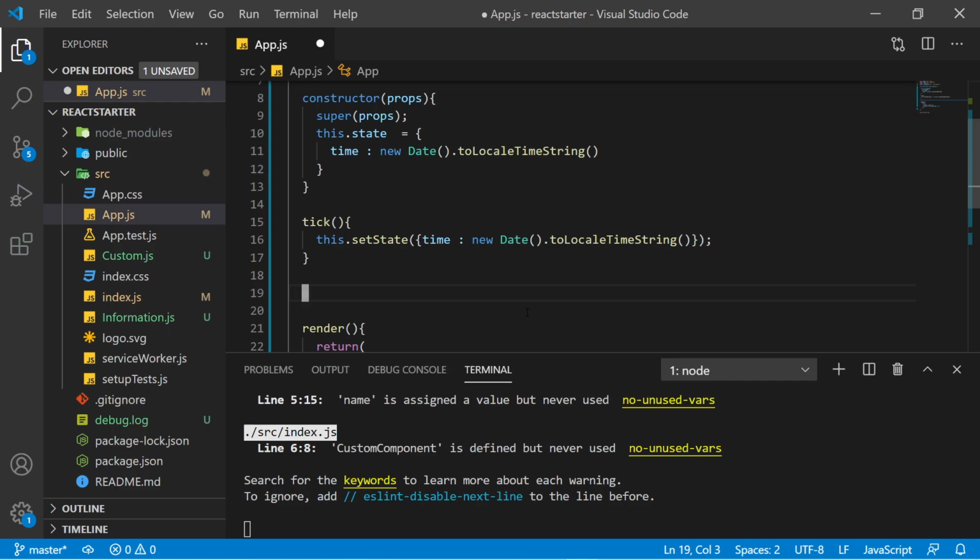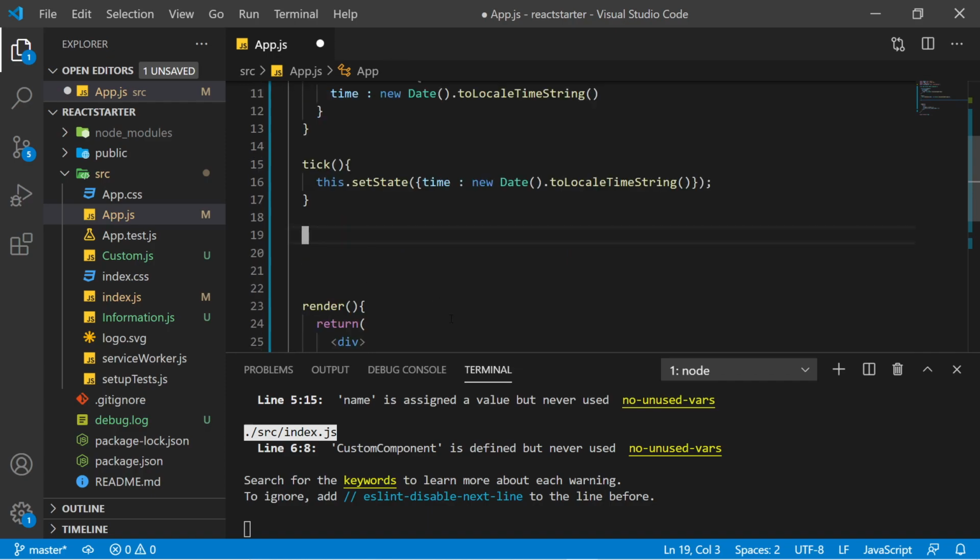Now we want to call this function after every 1 second. For that you can use setInterval. For this we will use lifecycle methods. In this video we will only discuss two lifecycle methods. One is componentDidMount and another one is